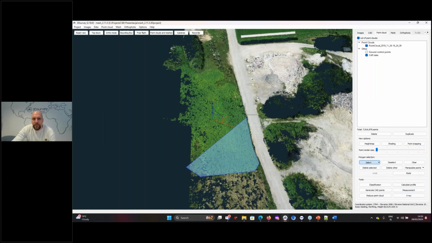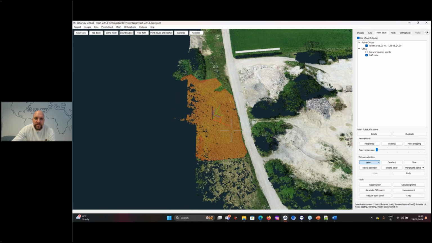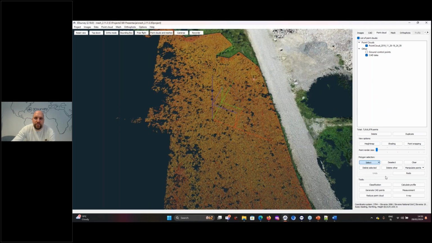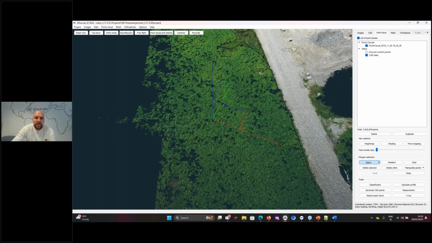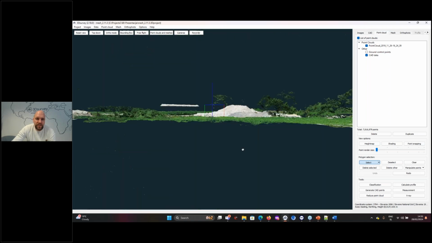So in the same way, I would measure some checkpoints, and then I would just select these points, select here manipulate points, increase height, and then I would write minus 20 centimeters. And now these points were moved down by 20 centimeters. Right.